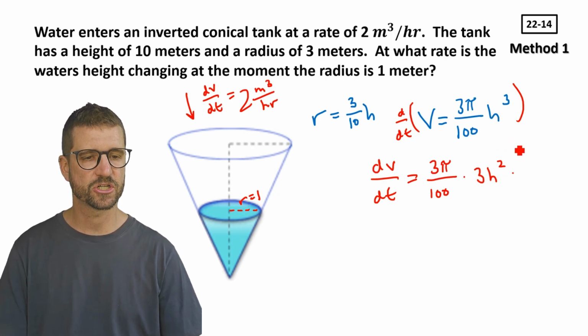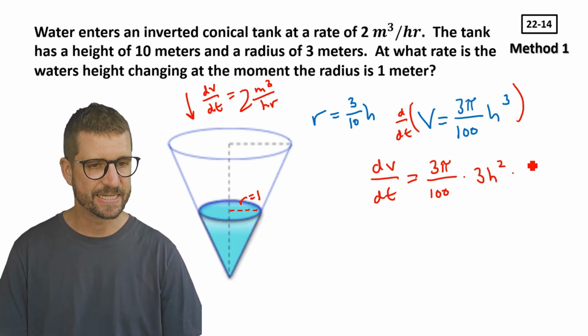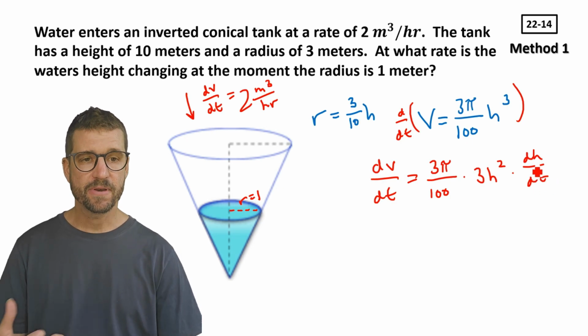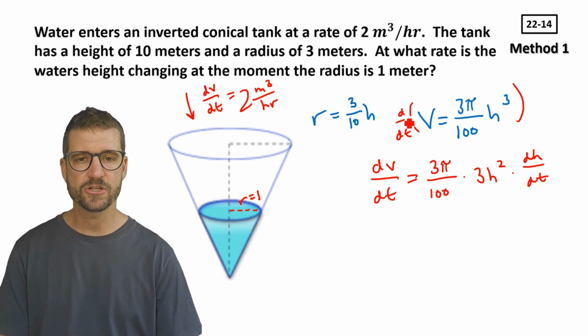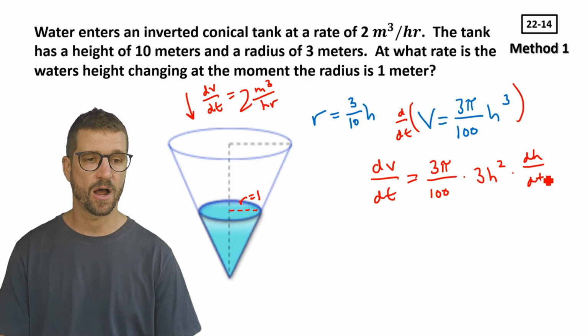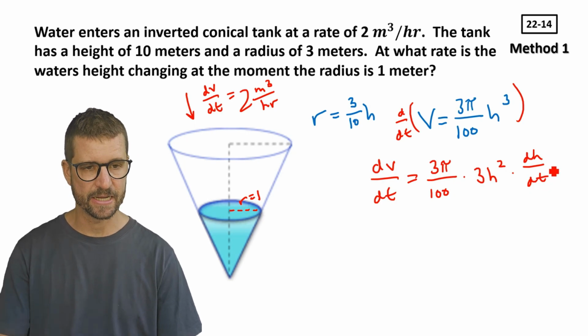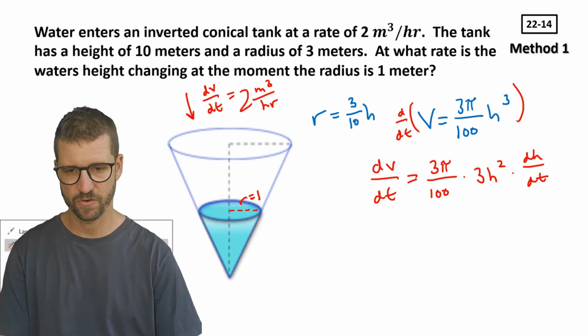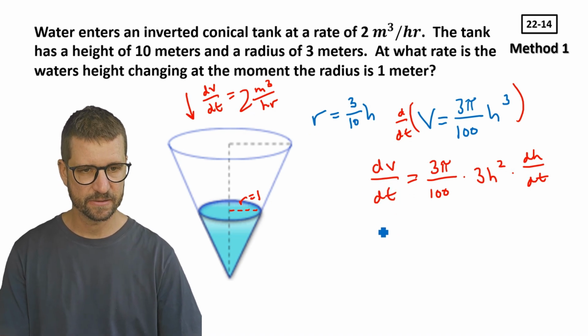So 3h squared times dh/dt. All right, so now we can insert some things so we can solve for our dh/dt, okay? Well, what do we know here? We know dV/dt is 2, so let's go ahead and plug in 2 for the dV/dt